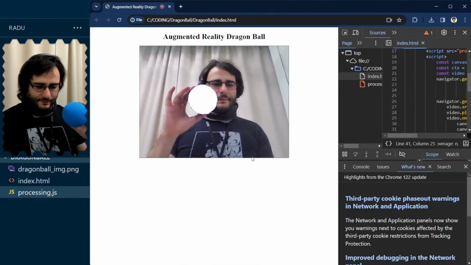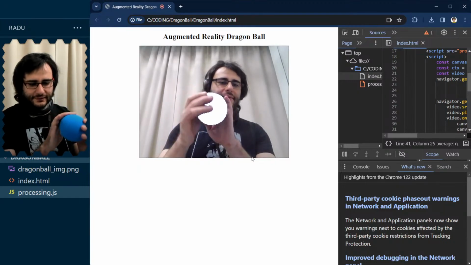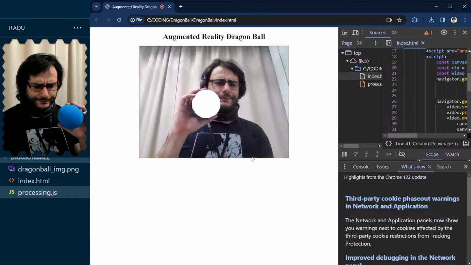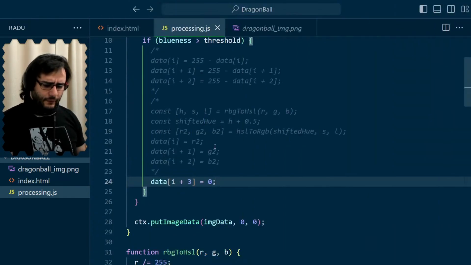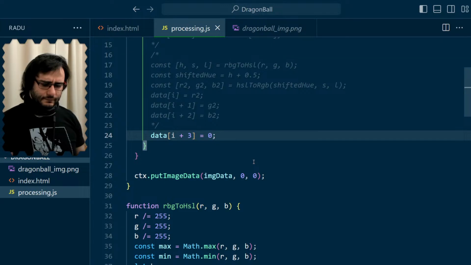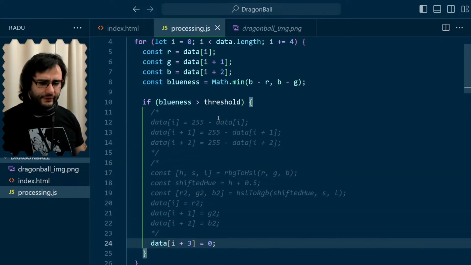But okay, so these are now transparent pixels, the ones that are blue there, right? So can I figure out their coordinate? And then